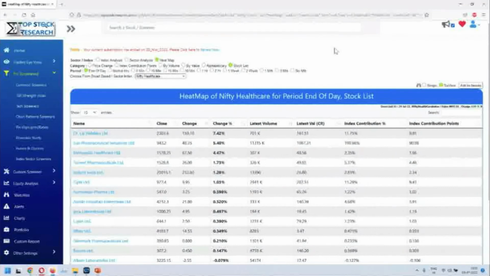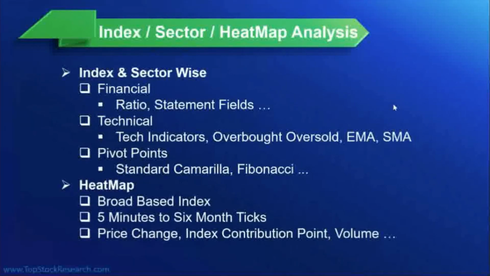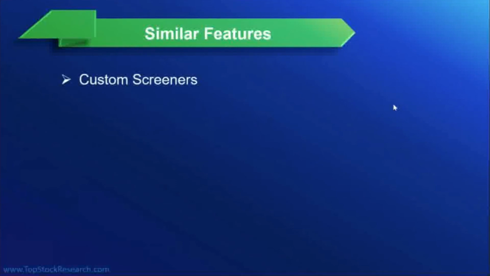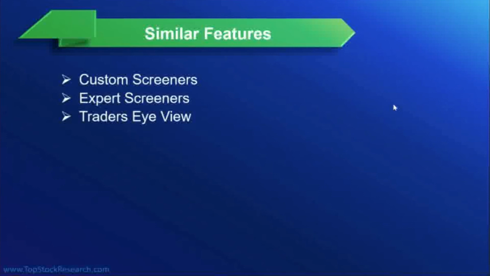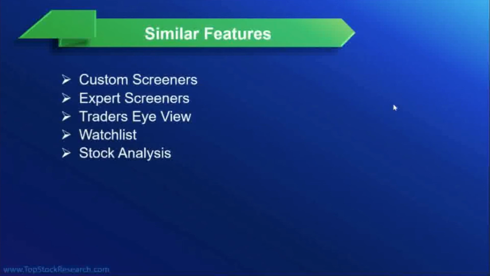Right? So what else we have here? Covered quite a few of these things. Similar features, what you get in the pre-screened, is the custom screener, which we'll be covering in an hour's time. Expert screeners, we'll cover what that is. Trader's eye view, watch list, and stock analysis. So some of the things that you'll be looking at together with this are these things. In stock analysis, there's another thing which is charts. Right? So apart from these screeners, you should or could be looking for some of the other things which are